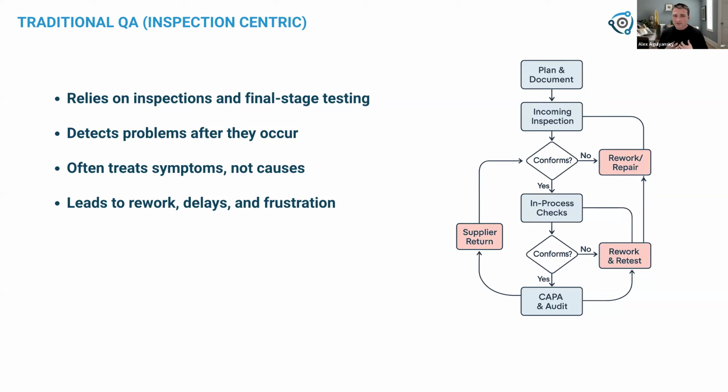In most cases, from what I've seen at least, we're treating the symptoms or the failures, instead of the actual causes or the root causes. So we're basically patching a lot of things. It leads to rework, because once we found a failure, there's no way to go back, really. We can rework, we can potentially throw away a lot of stuff, but it just causes distraction in the organization, and frustration, like written here, and so on.